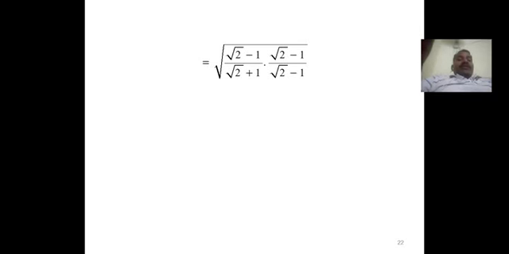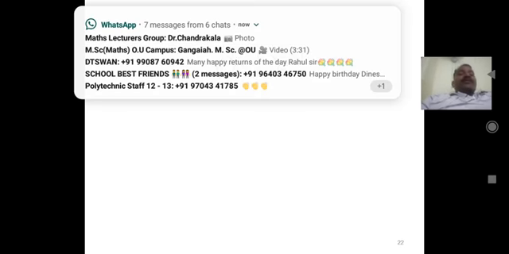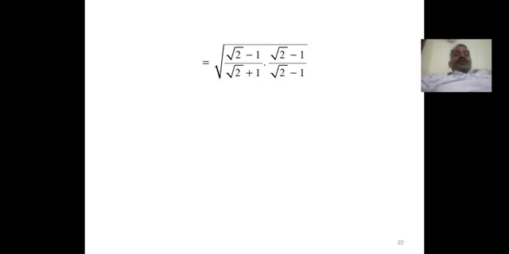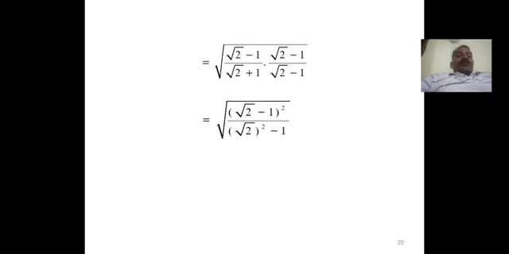This is square root of 2 root 2, 2 root 2 will cancel, (root 2 minus 1) by (root 2 plus 1). So for simplification, rationalizing this factor, multiply and divide with root 2 minus 1. The numerator is (root 2 minus 1) into (root 2 minus 1), root 2 minus 1 whole square. And the denominator is (a plus b) into (a minus b), a square minus b square. So we get (root 2 minus 1) whole square by (root 2) whole square minus 1. Denominator is 2 minus 1, that is 1. And numerator, square root and square will cancel, root 2 minus 1. This is tan 22 and a half equal to root 2 minus 1.